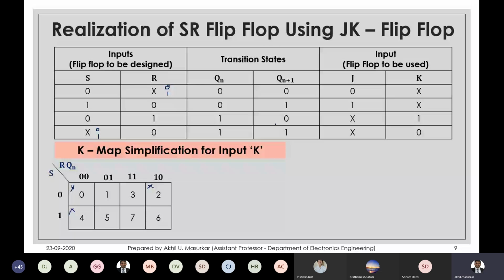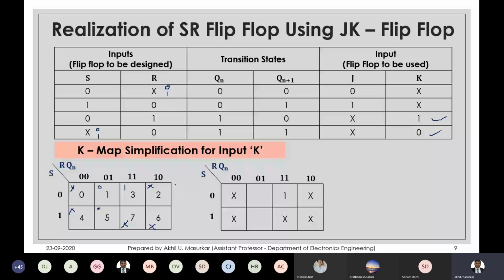0, 1, 1 is 3, that is 1. And then we have 0, 0, 1, that is 1 itself, and that is 0. And then we have 101, that is 5, that is also 0. So you can see that you are having 7 and 6 again not there, so they will be don't cares. So your K map would look in this way, and obviously you can see that you can have a quad